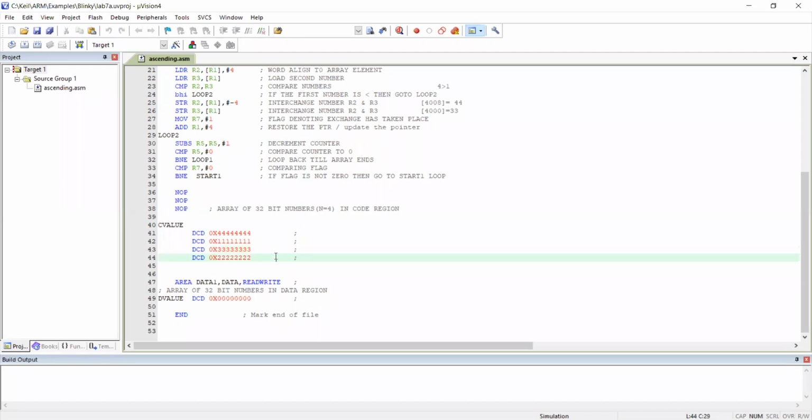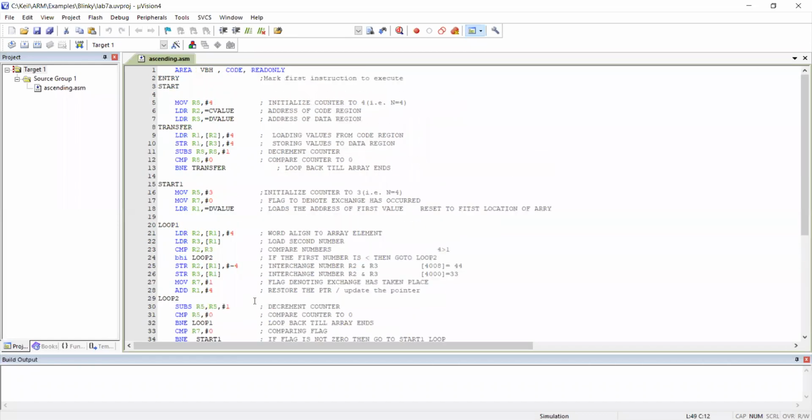Because we are about to consider an updated array in our program discussion, it is very important to have a copy of whatever is in the C value array in the D value array. For that, please concentrate, this portion of the program will work. You have to understand it by activity. You cannot remember it easily like instructions. Don't try to remember and write it in the examination. Try to understand it thoroughly.